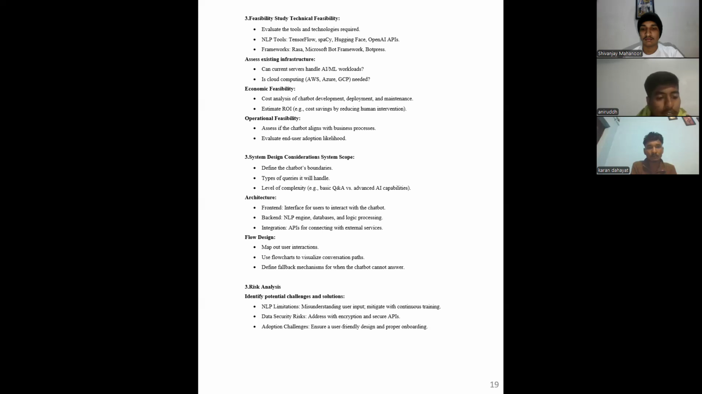System design: consider system scope, define the chatbot's boundary, the type of queries it will handle, and the level of complexity. Architecture: front end interface for users to interact with the chatbot, backend, NLP engine, database, and logic processing. Integration: APIs for connecting with external services. Flow design: map out user interaction, use a flowchart to visualize the conversation path, and define fallback mechanisms for when the chatbot cannot answer. Risk analysis,